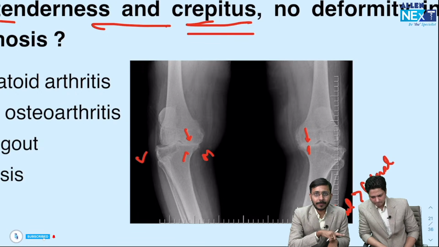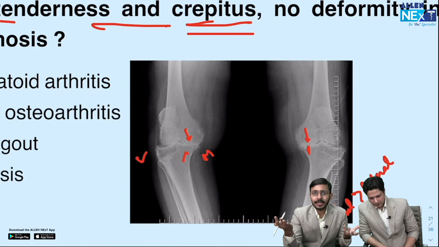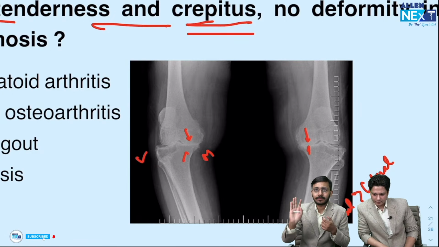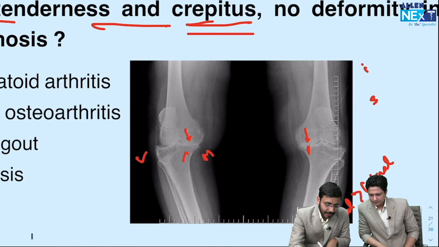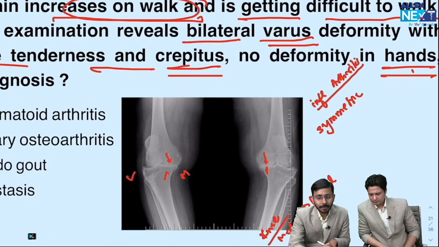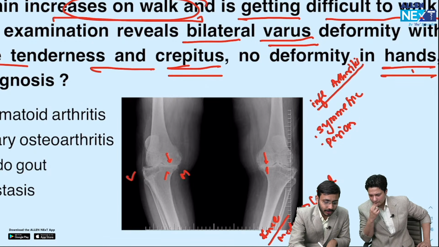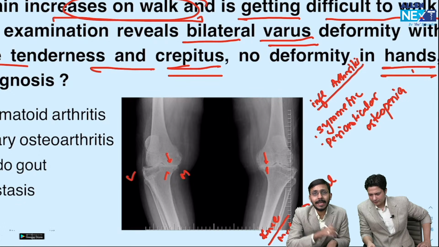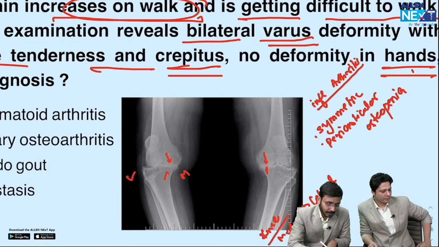asymmetric joint space narrowing. Versus if it is an inflammatory arthritis, inflammatory arthritis involves the synovium, and the synovium runs along the entire joint. So in cases of inflammatory arthritis, there will be symmetric joint space narrowing and there will be periarticular osteopenia because there is inflammation. Periarticular osteopenia. But what we are seeing in this case is an asymmetric joint involvement, medial compartment more than lateral,